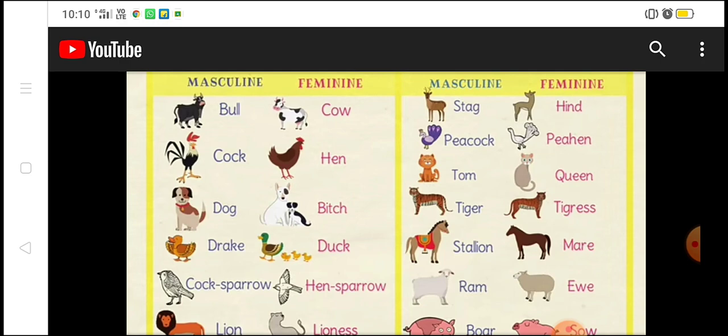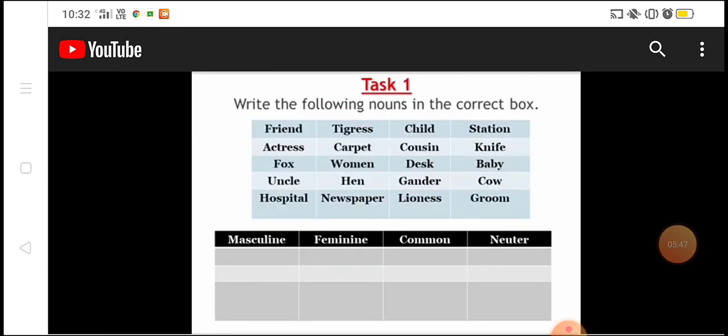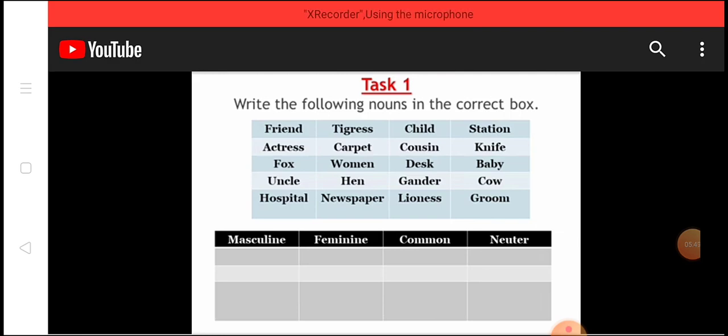After finishing this tabular column, you can give the side heading as exercise 1 again. So write the following nouns in the correct box. So students, copy this, make a trial on your own. As we have come across all the terms, I hope you can do it on your own. Put the same in your classwork as an exercise. Already we have completed two exercises, one under kinds of noun, the second under singular and plural. So you can mention this as exercise number 3.